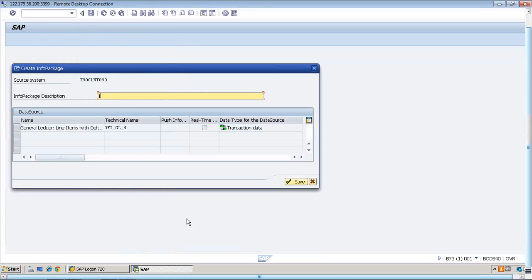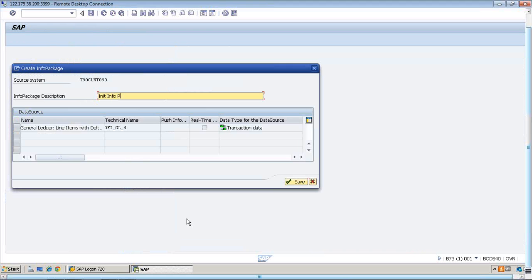All right. So now, once I migrated that emulated icon, the white checkbox like what you see here is gone. You see this? Once it is gone, now it is very simple. Right click on it and say this is a delta extractor, right? So before the go live date, what are you going to do? You are going to do the full historical load, isn't it? So I will create an info package saying init